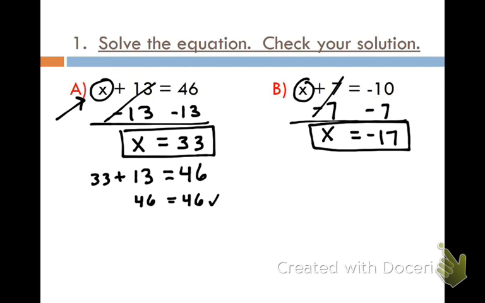Now it asks me to check it. You've got to recheck and put that back into your original equation. So instead of writing x plus 7 equals negative 10, what am I going to write? Negative 17 plus 7 equals